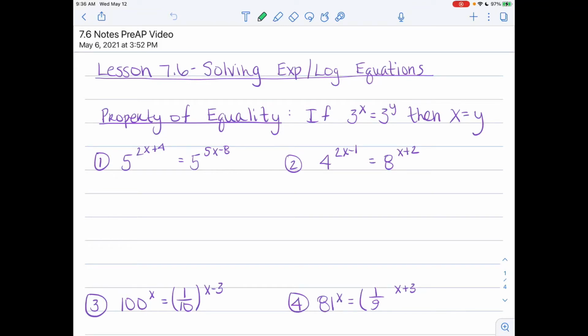Hi everyone, today we're going over lesson 7.6, which is solving exponential and log equations. We're going to start with exponential equations, and one important thing to keep in mind is something called the property